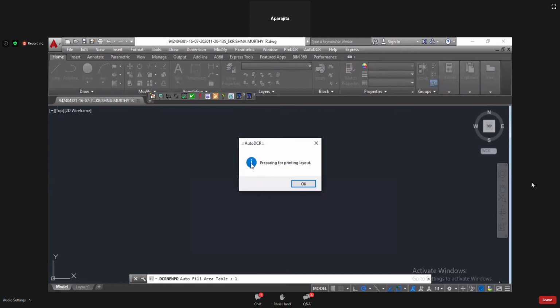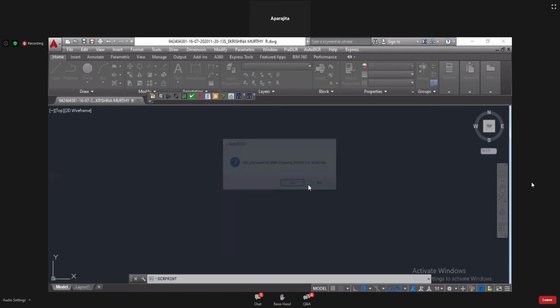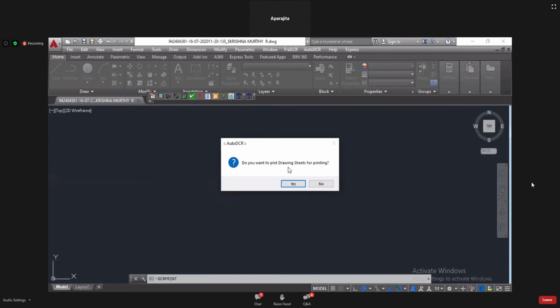So here the message: preparing for printing layout. Okay, click on OK. Then, do you want to plot the drawing sheet for printing? Yes.